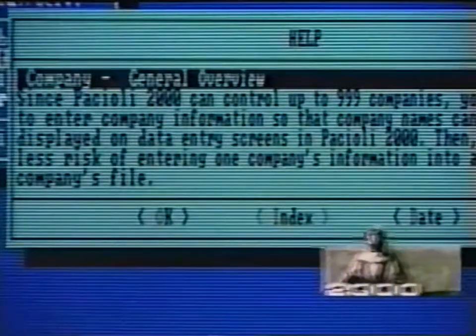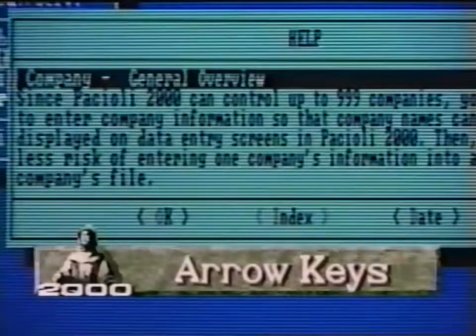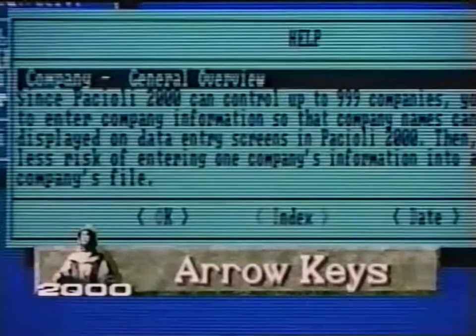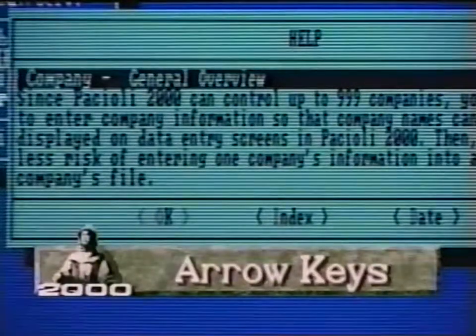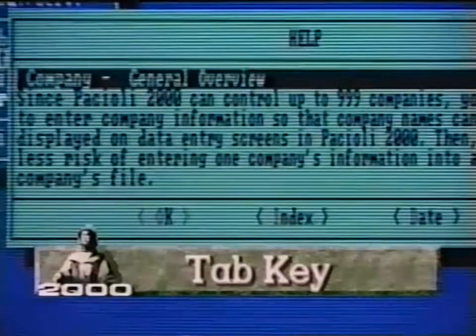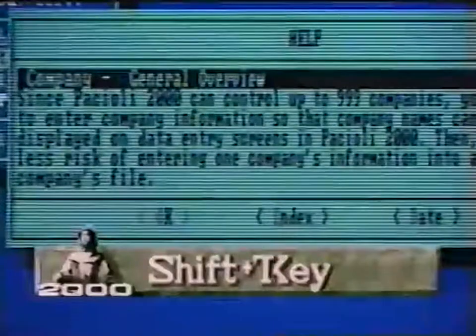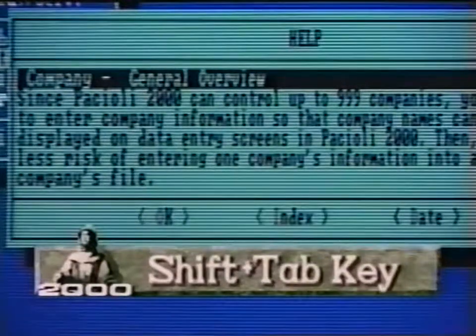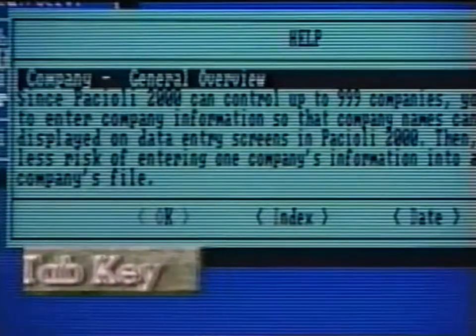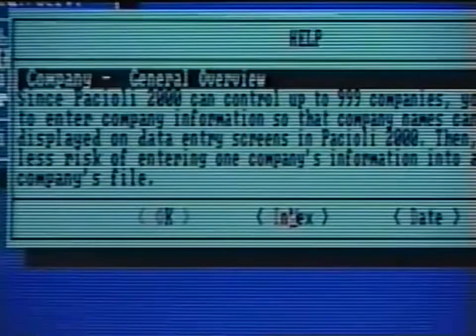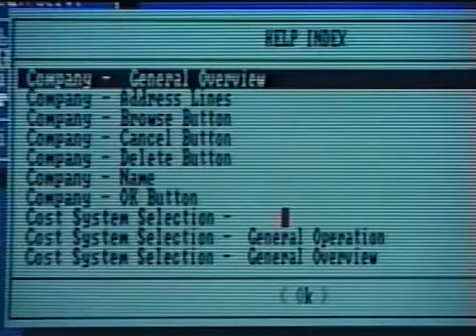We can select any of these functions by using the left or right arrow keys on our keyboard to highlight the selection, then press the Enter key to make the selection. We can also use the Tab key to move the highlight to the next logical field, and the combination keystroke Shift-Tab to move the highlight to the previous logical field. Finally, if we have a mouse, we can point to the option we want and click the left mouse button